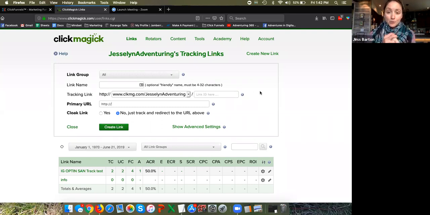There's two ways to do that. One is if you have a domain that you already purchased from something like GoDaddy or Namecheap, you can integrate that domain into ClickMagick. And then the other way is if you have a ClickFunnels account and you have the free URL that they provide for you, there's a sneaky way to have that connected. As far as the first way,